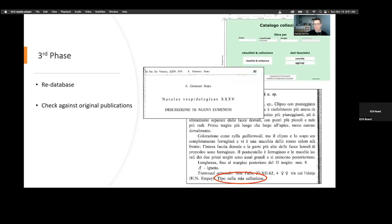And if in the collection were, say, "tipo nella mia collezione," which means types in my collection, at that point we knew that we were legally the correct repository for the types, all right? And this took about 1 month. It was the final part